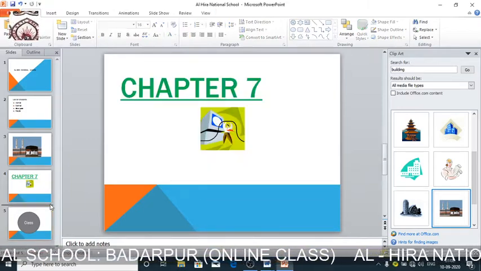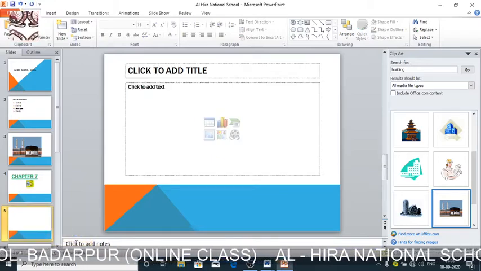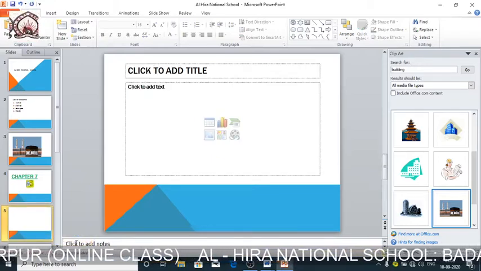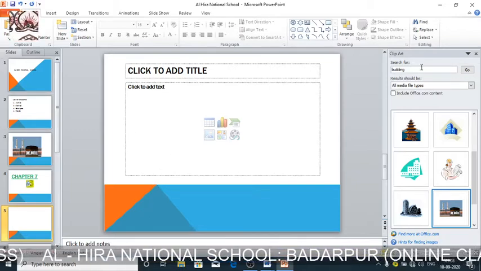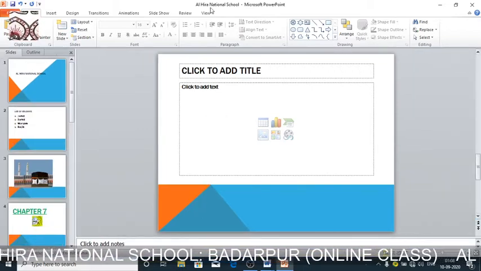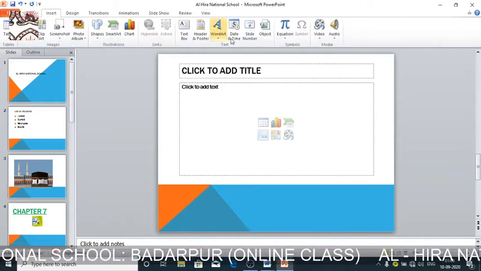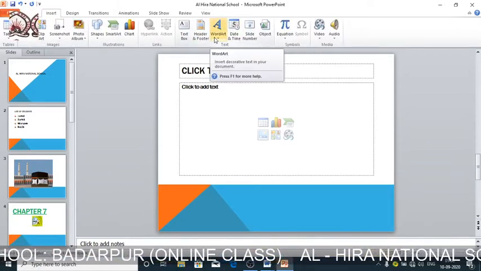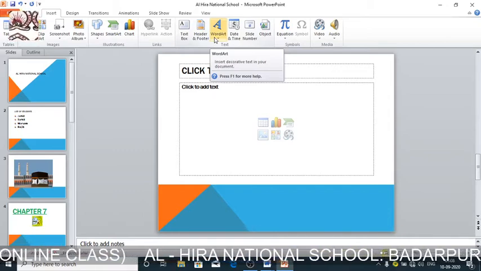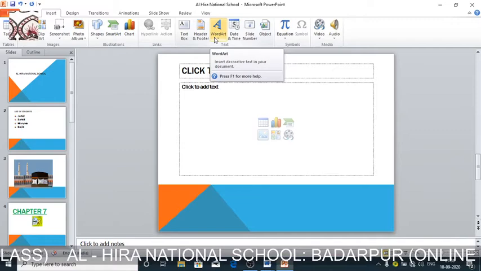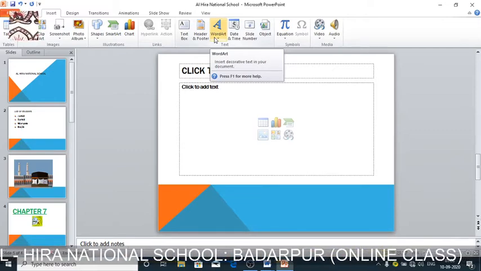I'm taking another slide. We can also add word art in a PowerPoint slide. How? When you go to insert, you can see word art is there. So we'll use the word art feature to add creative text.